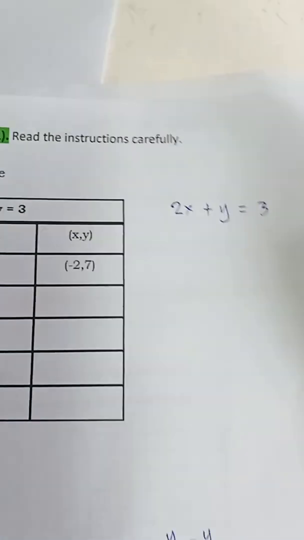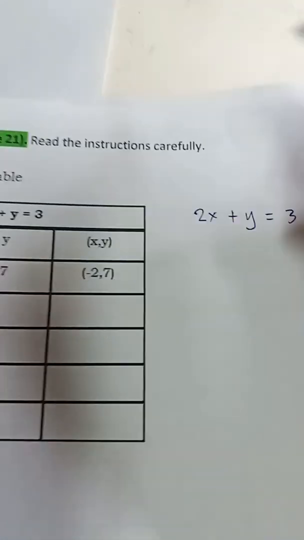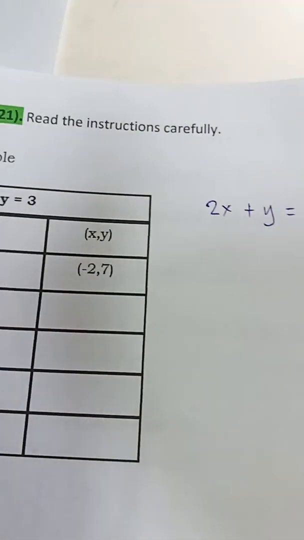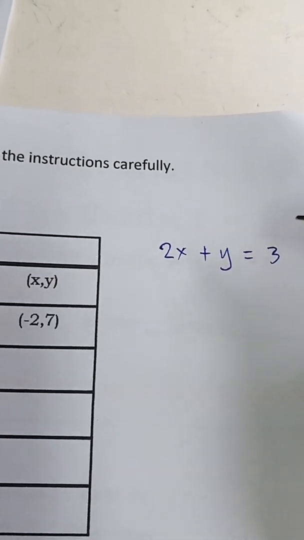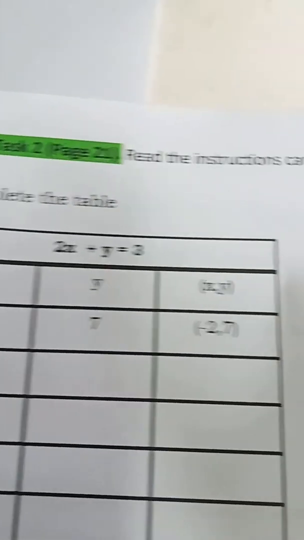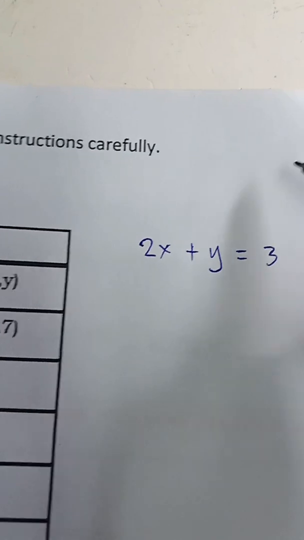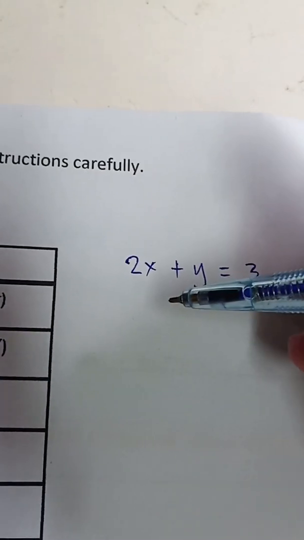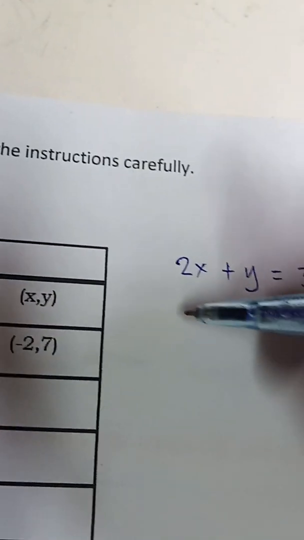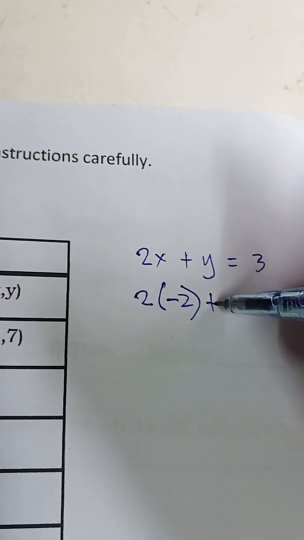Okay, so, paano nangyari yon, class, ano? So, here is the solution. So, ito yung given, 2x plus y is equal to 3. So, yung answer niya dyan ay -2 and yung y naman ay 7. Let's find out kung talagang tama yung solution for x and y. Okay, so 2 times yung value ng x is -2. And plus, okay, that's 7